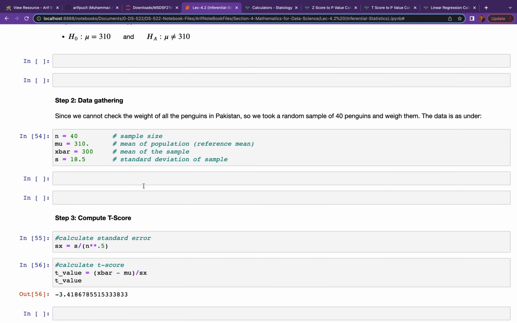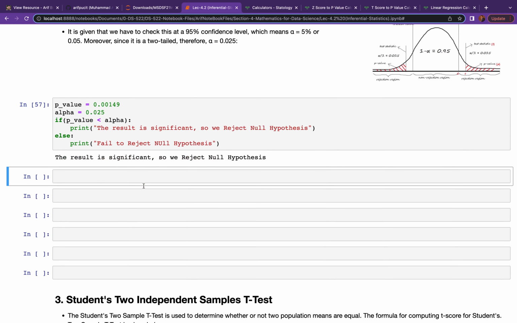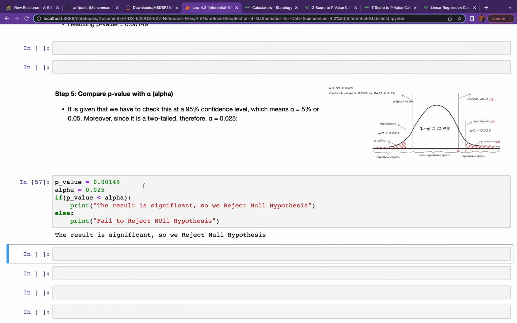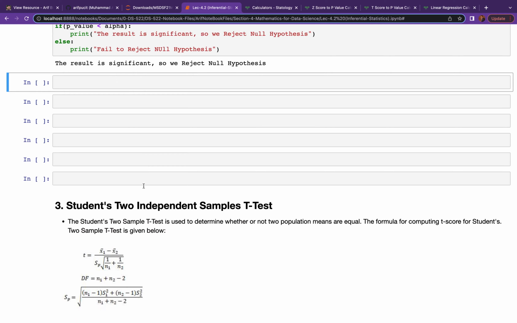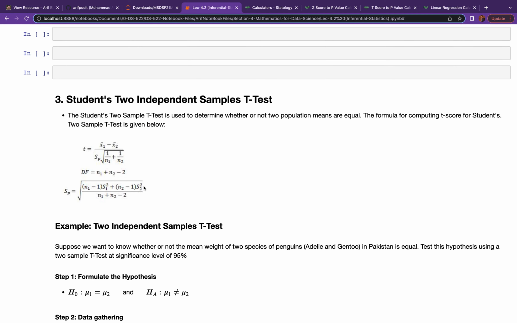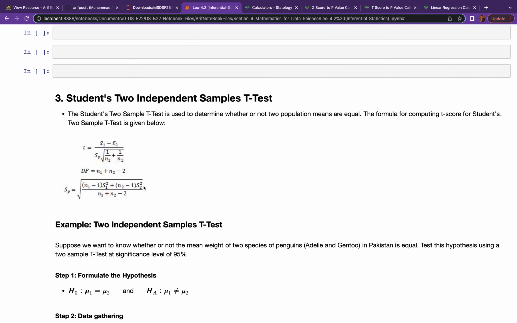So this is how a basic single sample t-test is performed. My dear students, if you are not clear about this, please rewind this part of the video and watch it again, and then move ahead to our students' two independent sample t-test. Okay, so students, two independent sample t-test is used to determine whether or not two population means are equal. This is the formula, and avoiding the mathematical detail of this formula, let us straight away move on to an